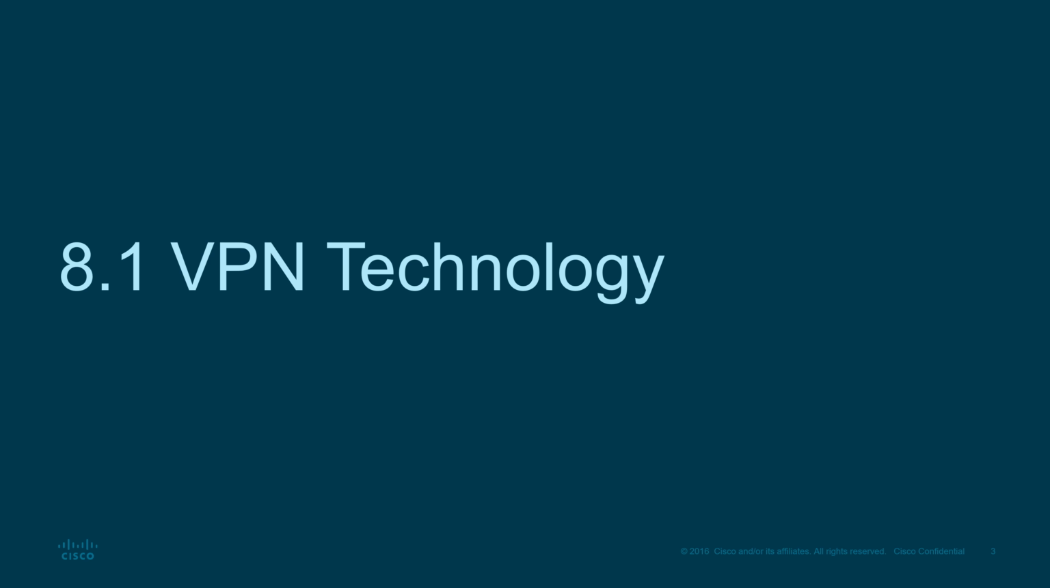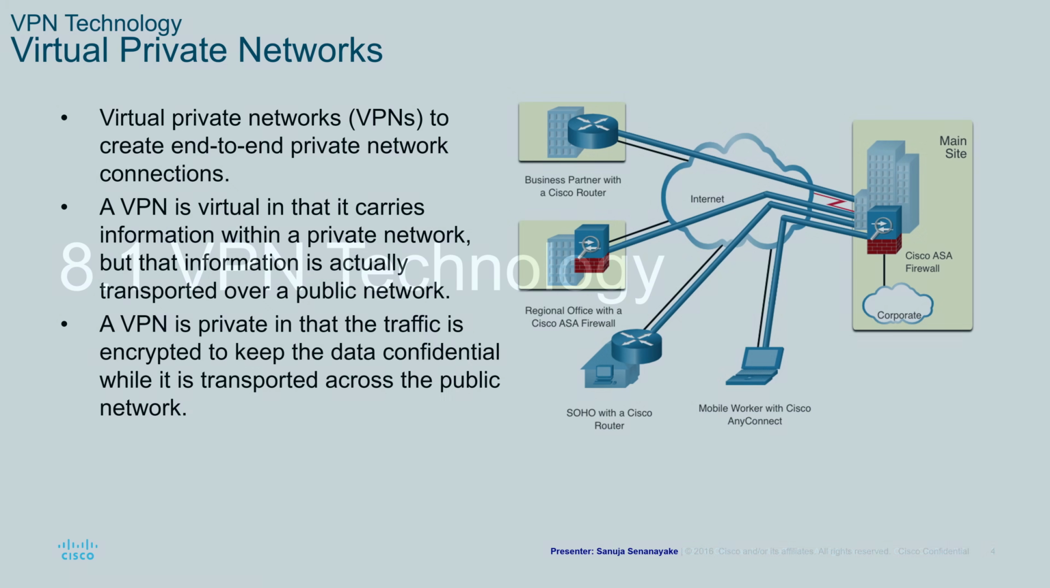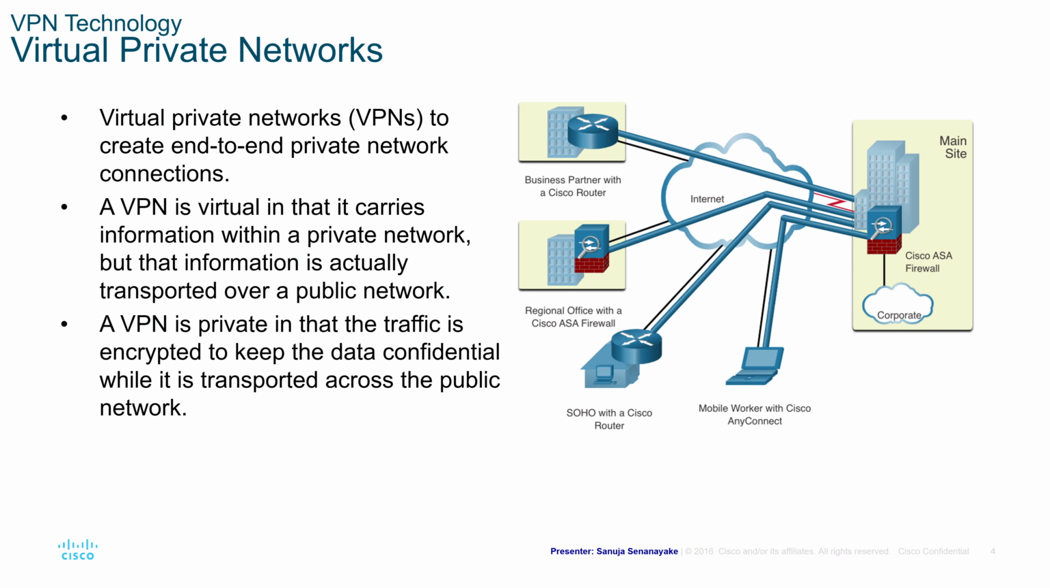VPN technology. Virtual private networks, usually known as VPNs, are used to create end-to-end private network connections. VPN is virtual in that it carries information within a private network, but that information is actually transported over a public network. VPN is private in that the traffic is encrypted to keep the data confidential while it is transported